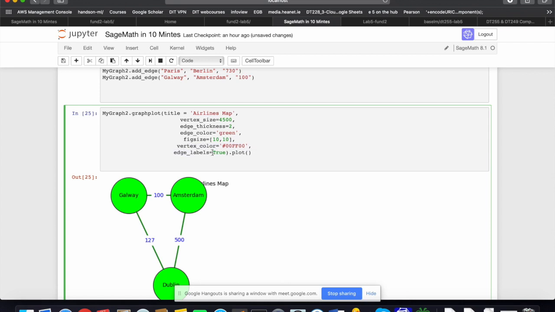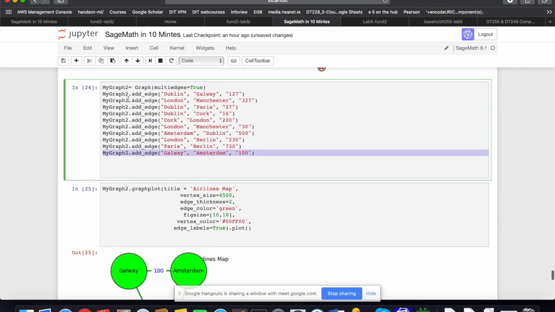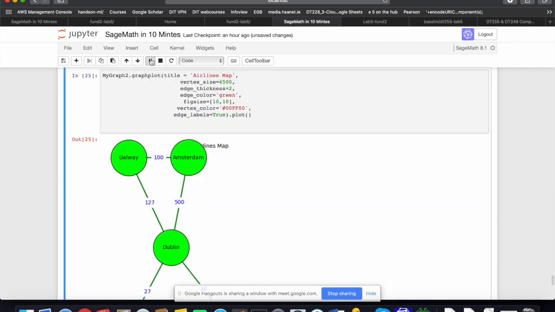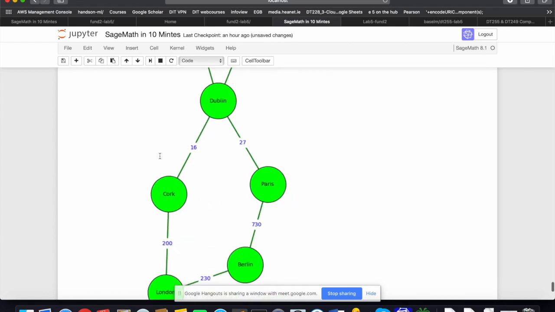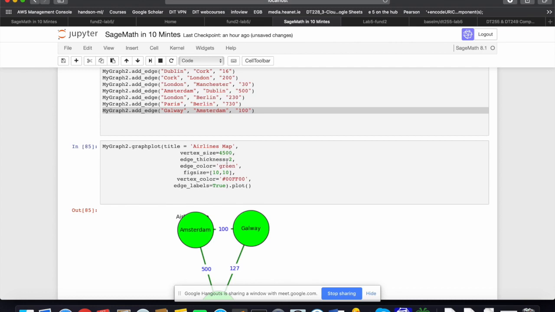I want to show the labels, and I want to label the graph, which is defined here. So this is my graph 2. I define it here, and I run it here. So you end up with this fancy, nice representation of the graph. Two things: whether you specify the color, red, black, whatever you want, or you specify